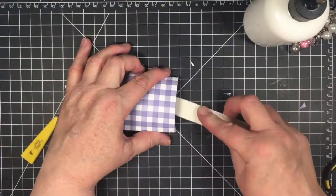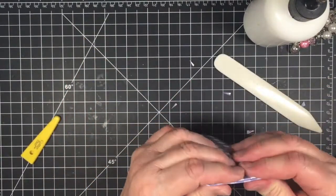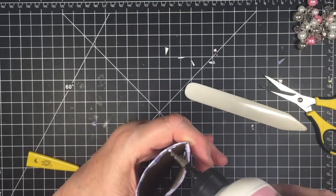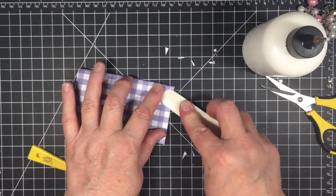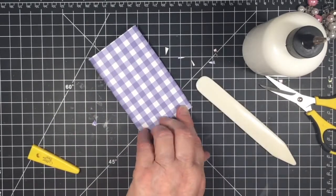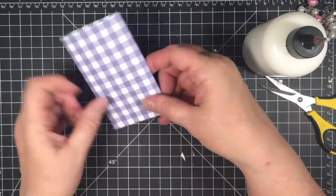Make sure it's going to stay and get rid of any wrinkles that may be in there. And then I'll fold it flat, and then I'm going to look at which side I want to use. I make sure it's the front side. And on the left side of the front, you want to glue it shut. You put glue on both sides, and you really want to press it down really good to make sure it's